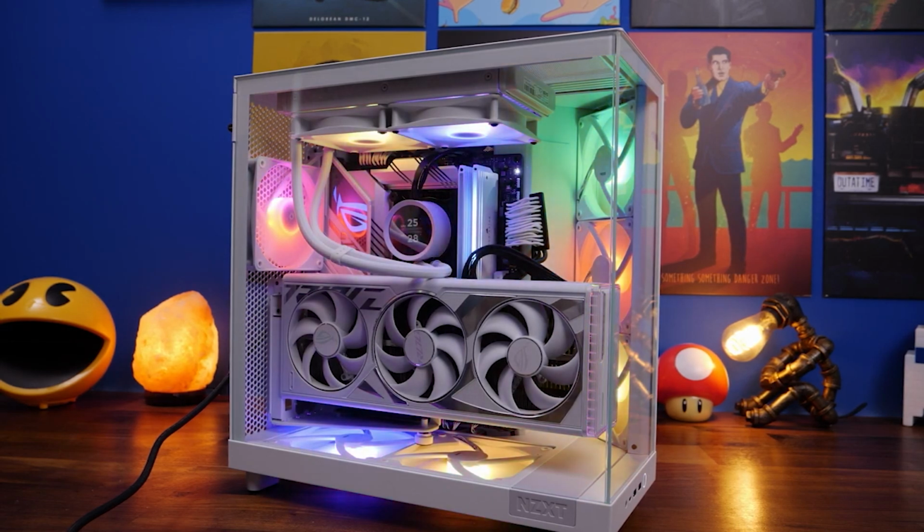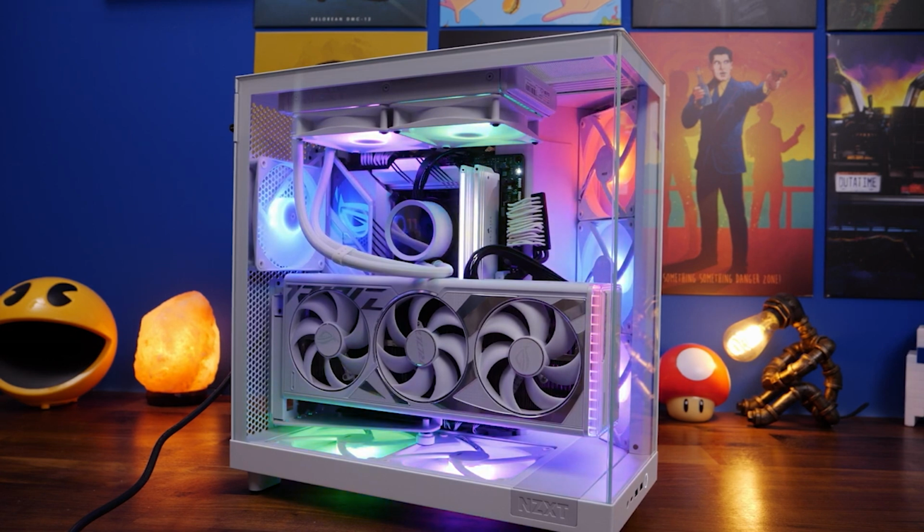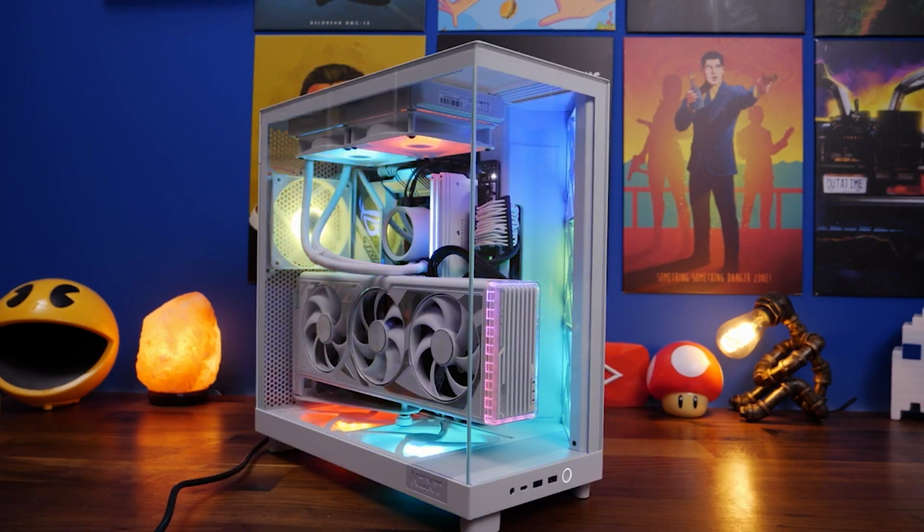Alright, so this is the absolute meta 1440p to 4K gaming PC build with the Ryzen 7800X3D for around $1,700